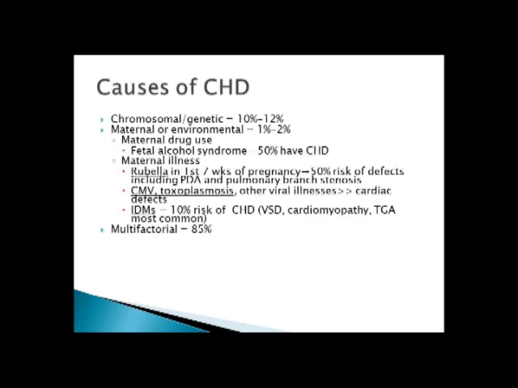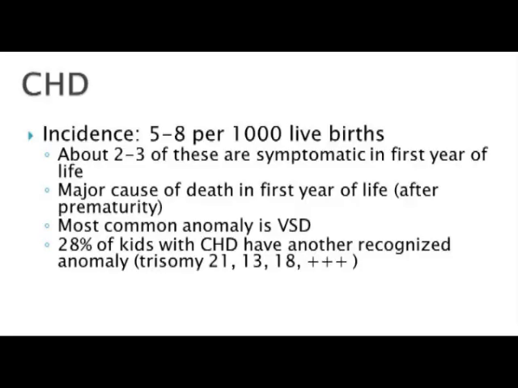And there's about 85% that's just multifactorial. Sometimes it's a baby that's premature, or we talked about genetic disorders. Approximately 90% of children with Down syndrome have congenital heart defects. So those are some of the statistics. This is increasing, but approximately up to 8 children per 1,000 live births. These are statistics that you don't have to know, but just gives you some background on the significance of it